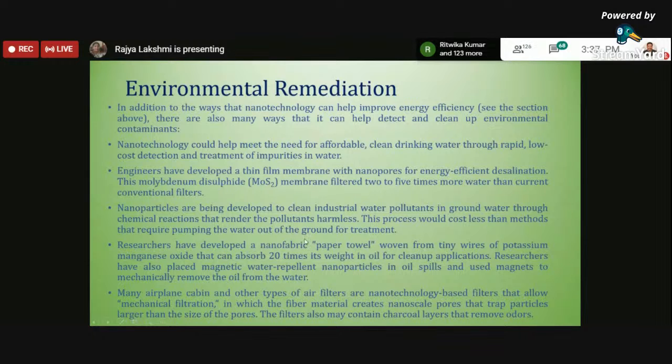So this is because of industrial waste. Industries are simply releasing their waste into the rivers. Because of this, water is getting polluted. So how do we treat the water, or how do we reduce harmful agents from the industrial waste? People are trying to mix some kind of nanoparticles which will absorb the oil content in the industrial waste, so that we are trying to reduce at least the level of pollution in the water.